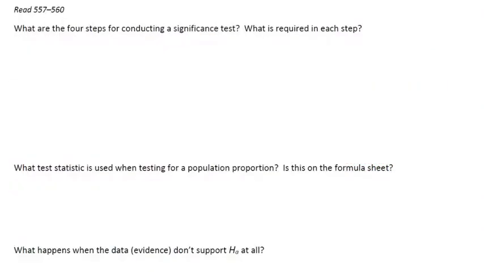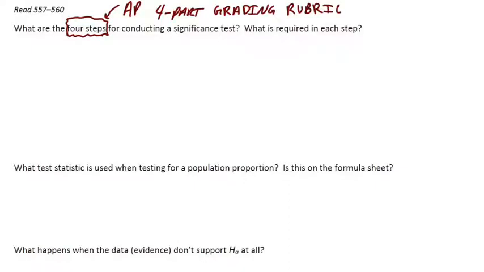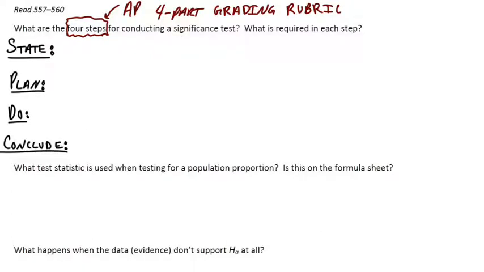All right, so let's talk about the 4-step problems here. The 4 steps come from the AP rubric, right? So it's a 4-part grading rubric, so we have to speak to each one of these steps. Hopefully you know these steps by now, right? So we know it's state, plan, do, and conclude. Those are the 4 steps. So let's talk about what we need in each when we're conducting a significance test. So for the state step,